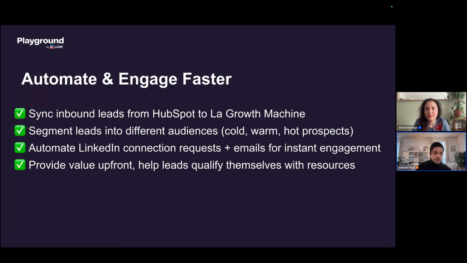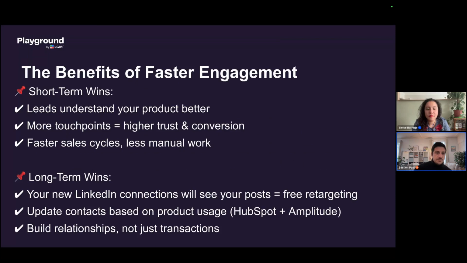For example, you gather some information inside your form when you have a sign-up, or you enrich, and you will see that we enrich with LinkedIn details. Of course, you can decide to send this kind of content, this kind of message, or this kind of message. And the benefits, short term: leads understand your product better, more touch points, so higher trust and conversion, faster sales cycle, and long term, as I said,